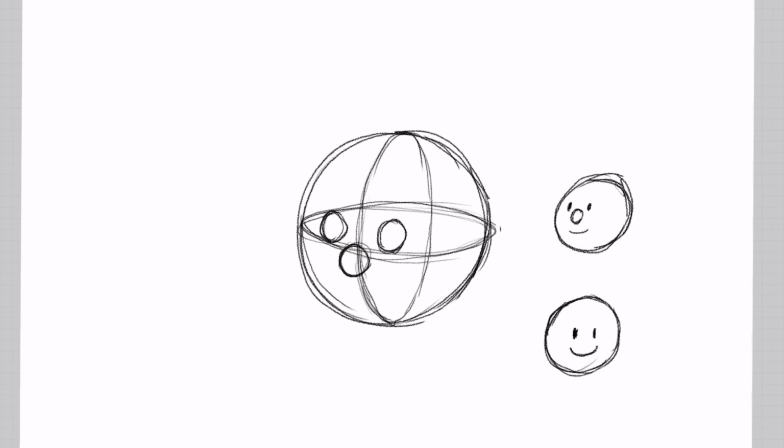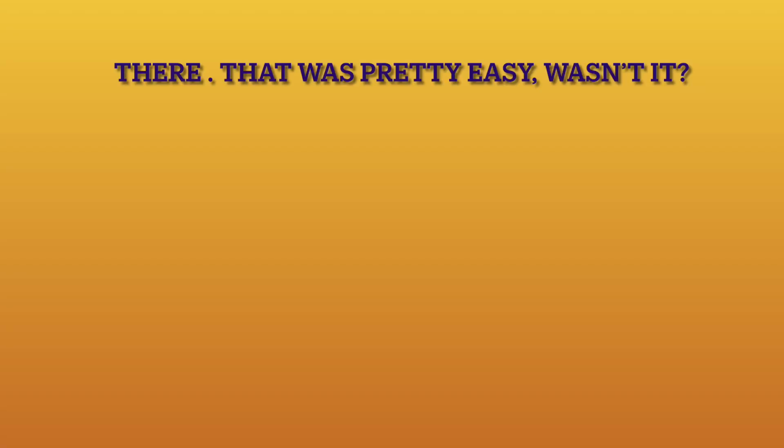So if you think that you can't draw a cartoon, I'm here to tell you yes you can. And that is the end of the first part of this as a circle. But the next thing we're going to look at is the body, and you can do it